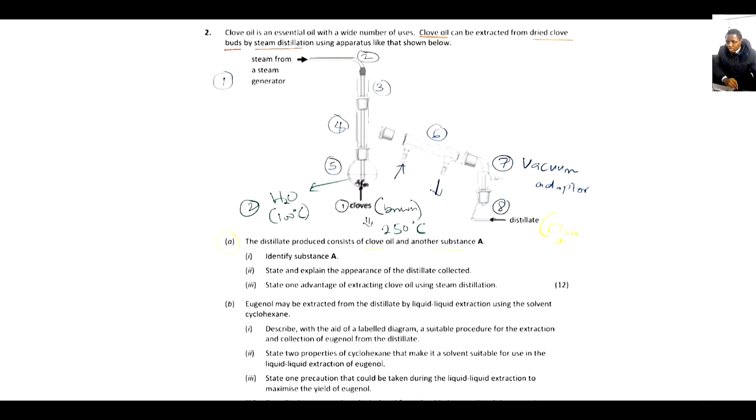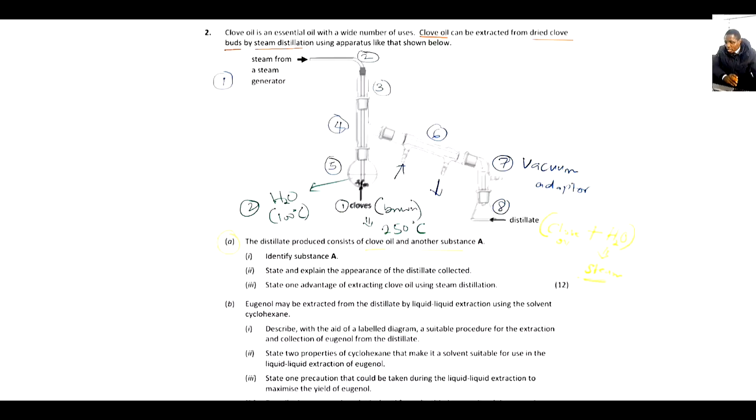The substance A would be water that is from the steam. So this distillate has clove oil and water. That's what we are getting from this distillate. Don't forget that the water here is from the steam. As the experiment is going, the clove is being boiled inside water, and from here